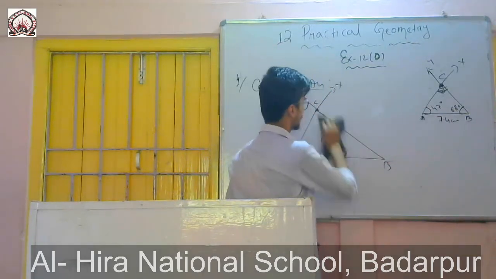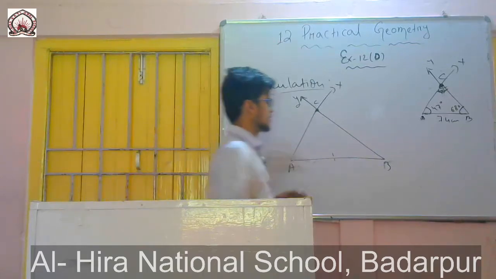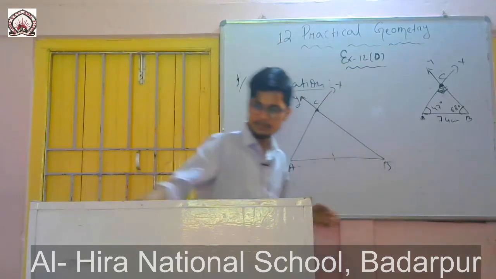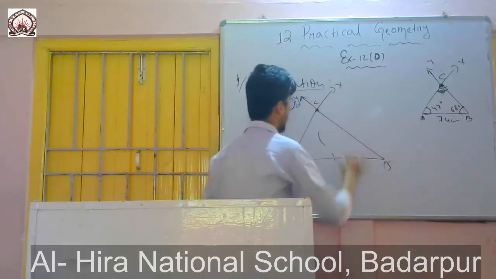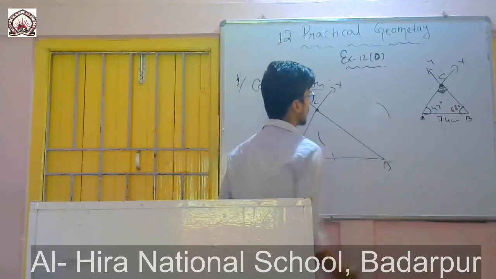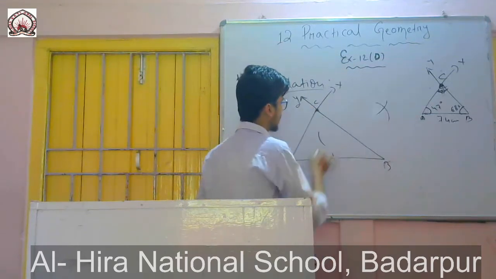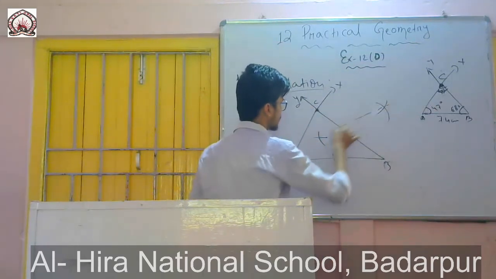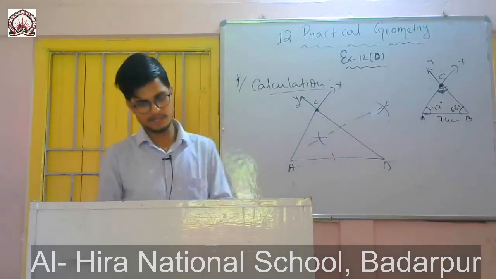If it is given to draw on the side BC, same way, you take the radius a little more than half of this line, and you draw one arc like this. Another arc will be there. Then again you put the same measurement, you put it here, you draw another arc, another arc, then you join like this, you will get the perpendicular bisector. Same thing, same way.